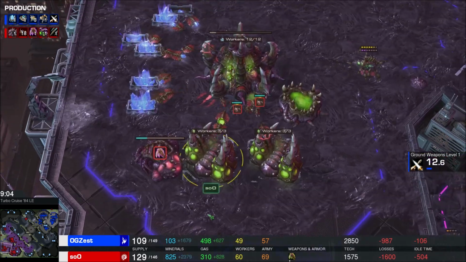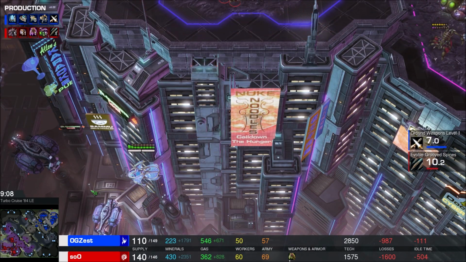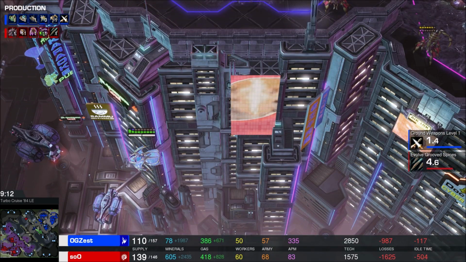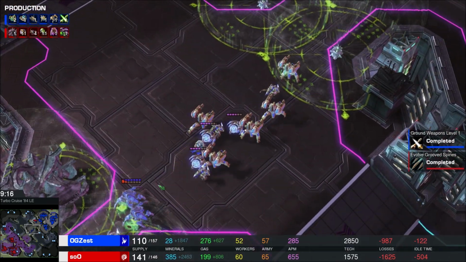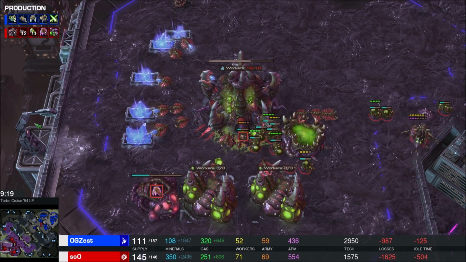You're taking serious damage. Your shields are gone. Can you... That's a recall, is what that is. I don't think you're getting out of here without dying, so Zest is going to recall. Meanwhile, pushing out across the front here with some sentries. I don't think that's enough force fields to really deal with all the Banelings we're going to